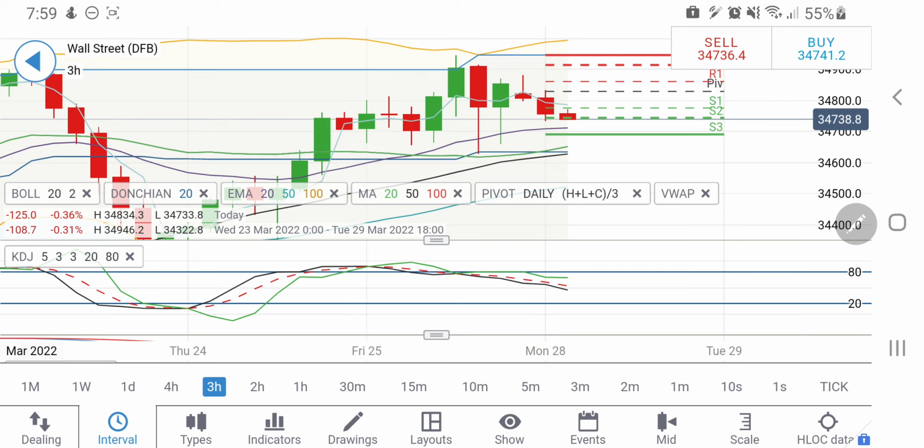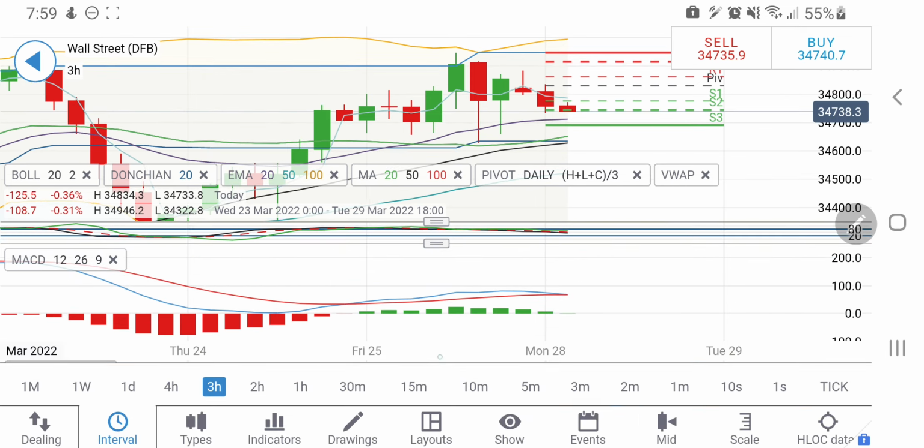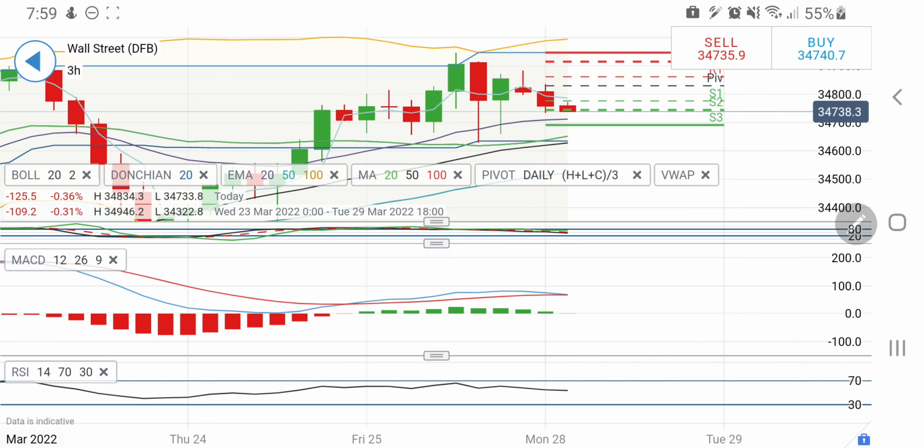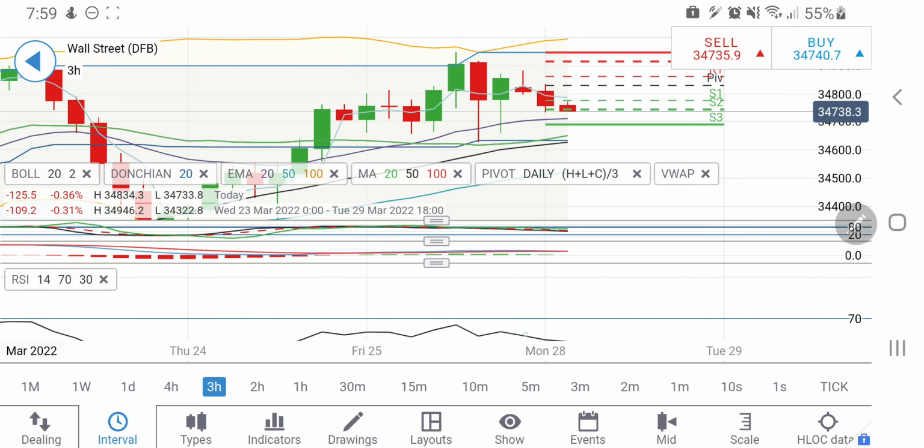Till the time it remains below 34,850, one can expect it to drop. Stochastic is looking downwards, and MACD is trying to converge and cross over on the sell side. So yes, a good short entry can be taken at around 34,700. Below that, one can remain bearish for 34,650, 34,600, and below that it is going to correct sharply. Any rise towards 34,850 is a good level to go short.